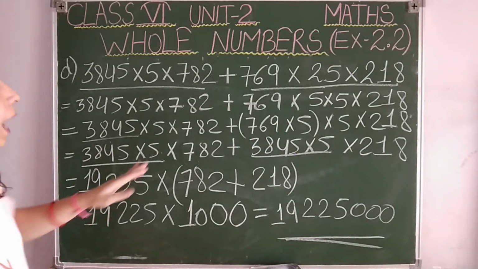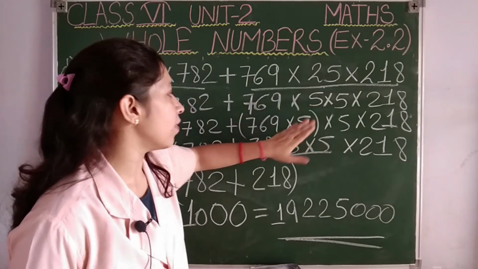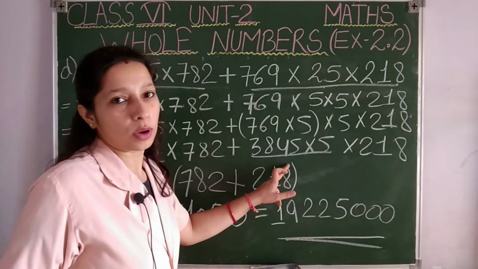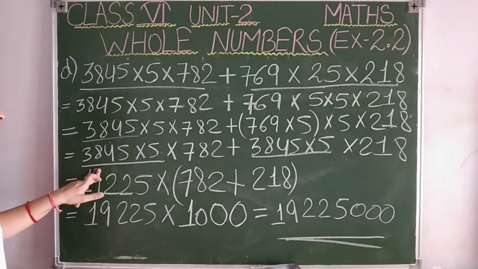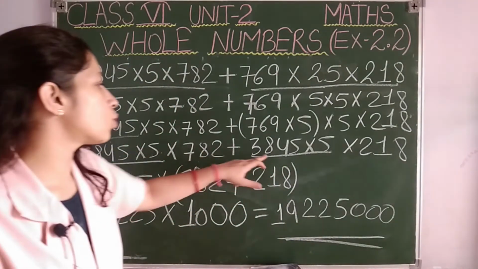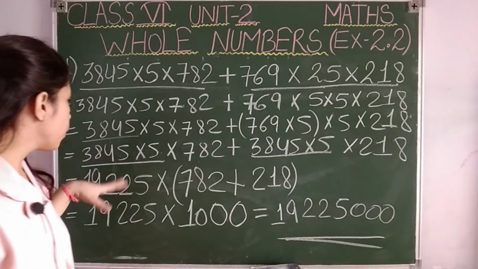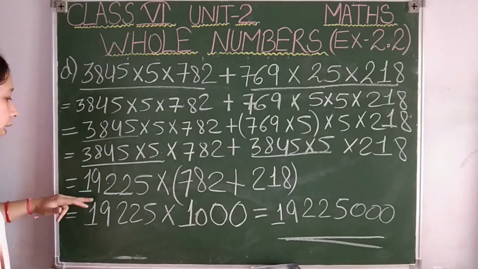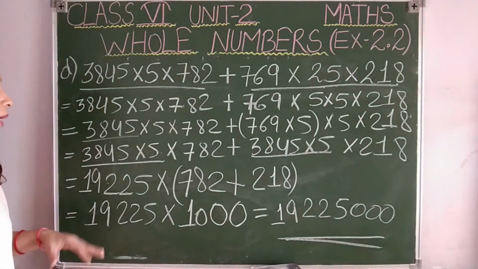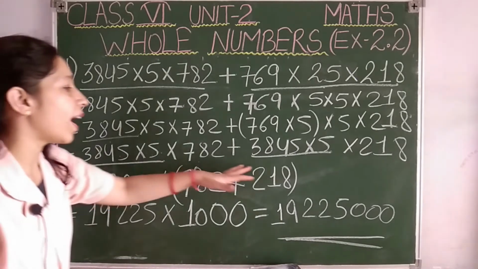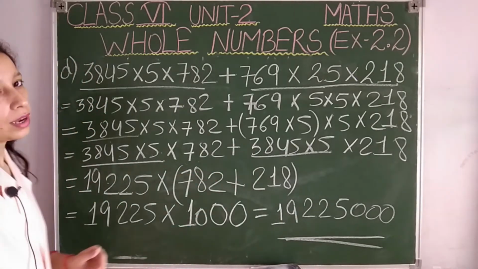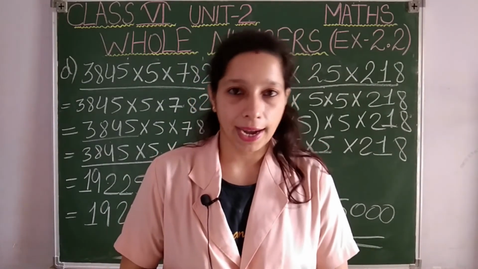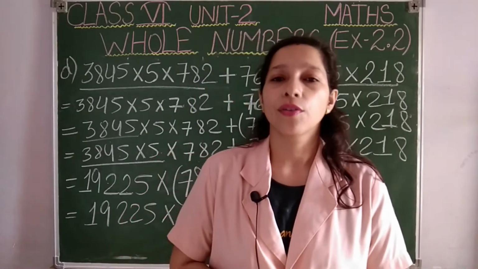Then what we have done, still I want some number to be common. So I have taken 769 and 5 and I multiplied them. When I multiplied these two numbers, I got 3845, which again is already there in the question. Means these two numbers I can take as common, and as both the numbers were in multiplication with 5, I have multiplied them, and again I got 19,225 as common. So I have taken it as common and I have added the rest of the numbers, and finally we got our answer. Clear students? Okay, so this was question number 3, point number A to D. Now let us move to our question number 4, students.